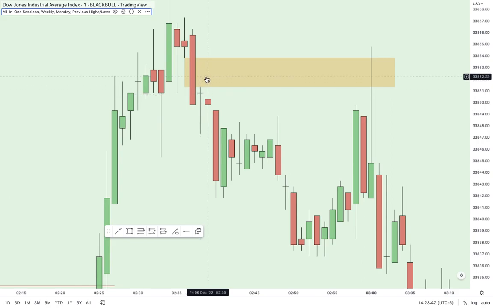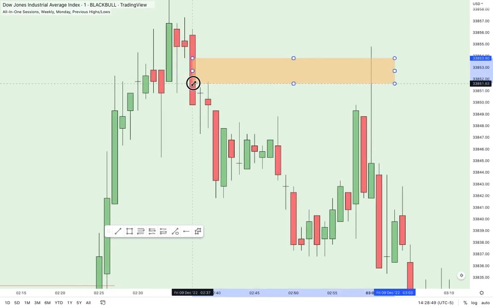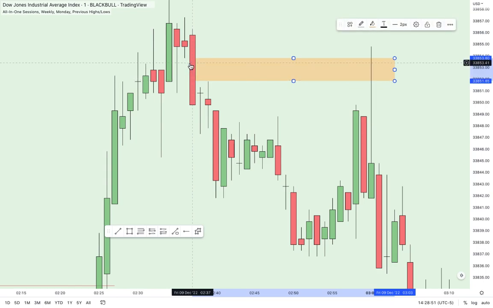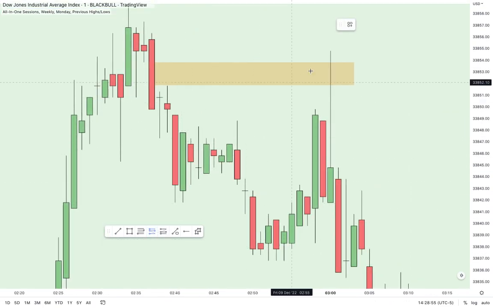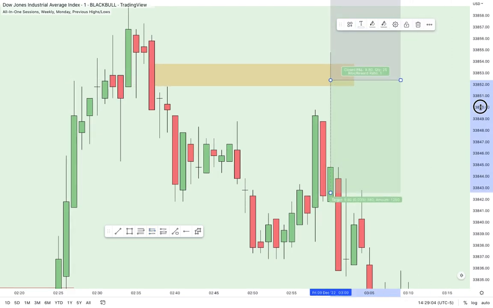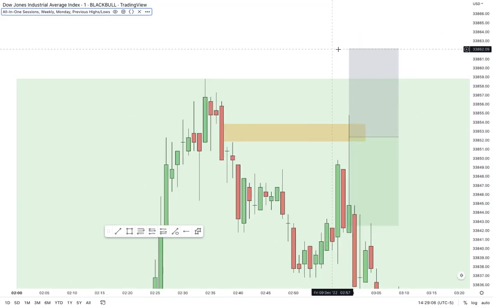So what you would do is to refine your fair value gap above the candle. So now this is your entry. Now what I did was I entered somewhere 52.40. This was my entry, and my stop loss was